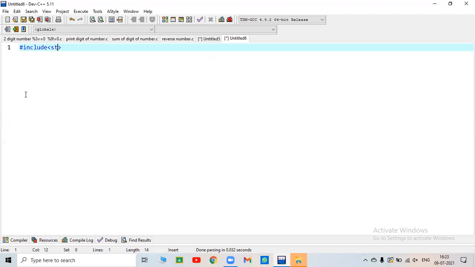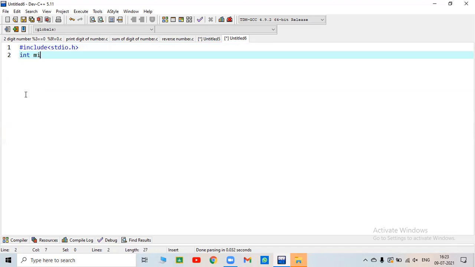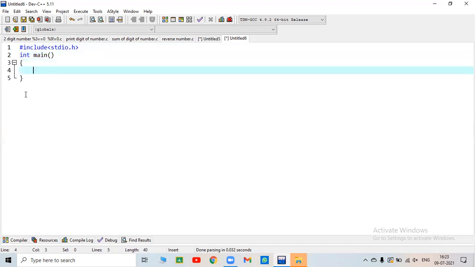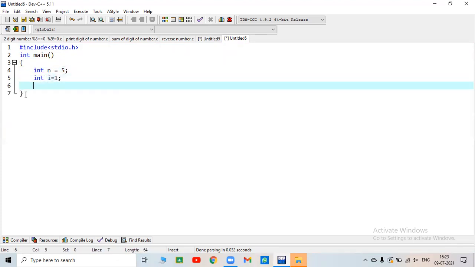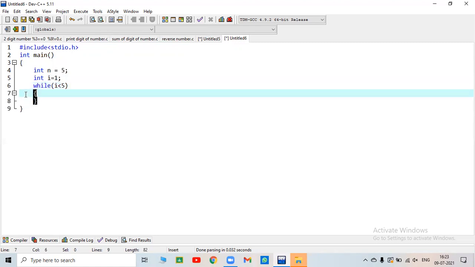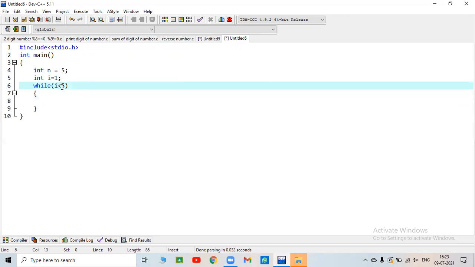That is first writing a header file, then int main and int n equal to 5, int i equal to 1, and now see i less than or equal to 5.